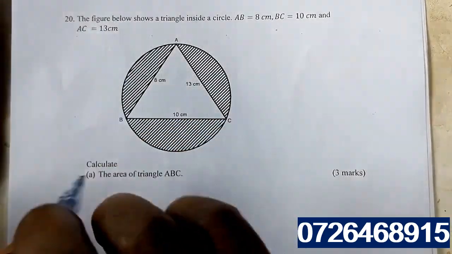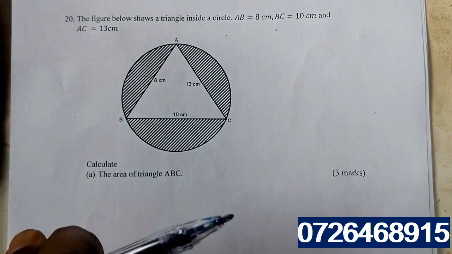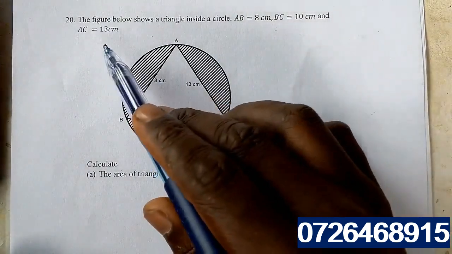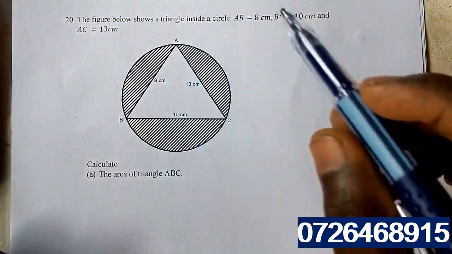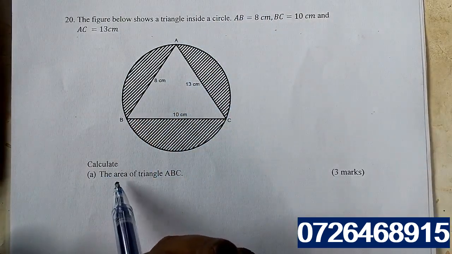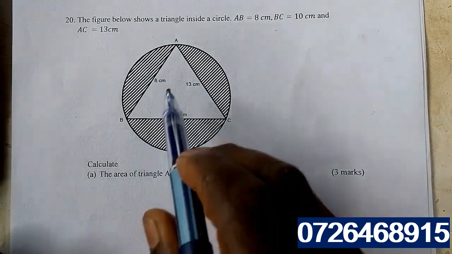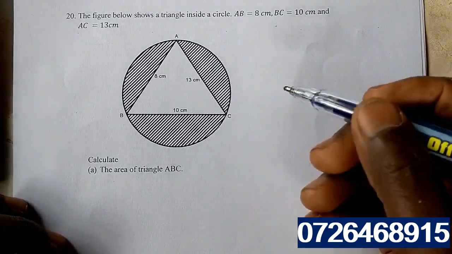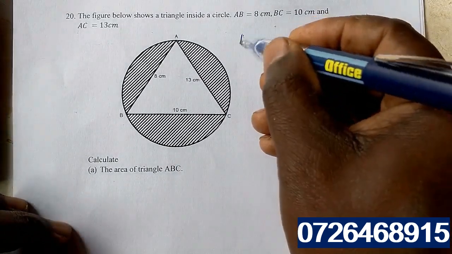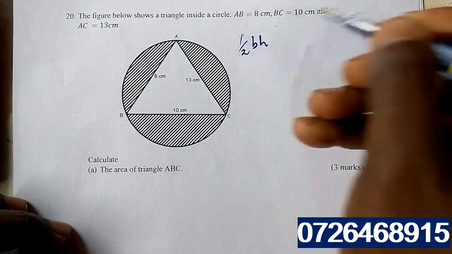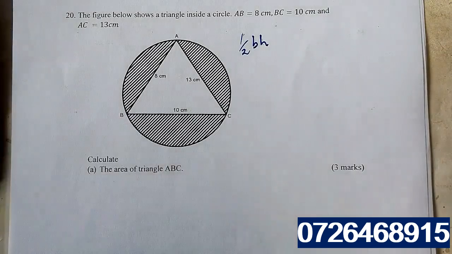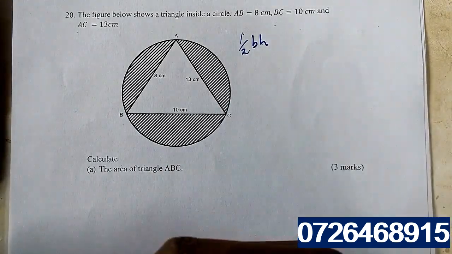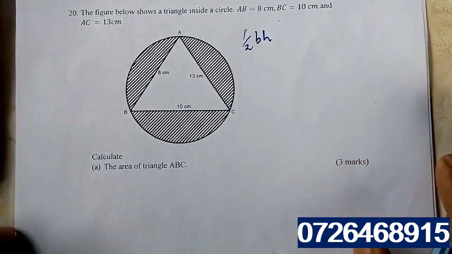The figure below shows a triangle inside a circle. AB is 8 cm, BC is 10 cm, and AC is 13 cm. Calculate the area of the triangle ABC. So we are given this triangle, we don't have the height. We know if we had the height we would just do a half base times h. But now, given this scalene triangle, what we do, we use Hero's formula, and Hero's formula